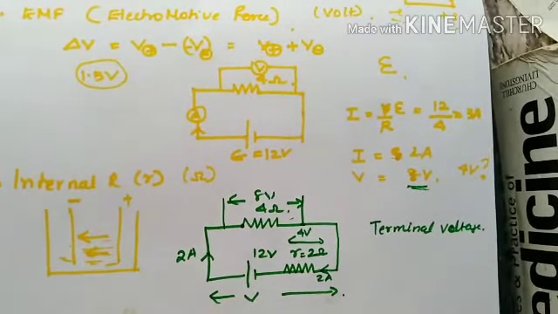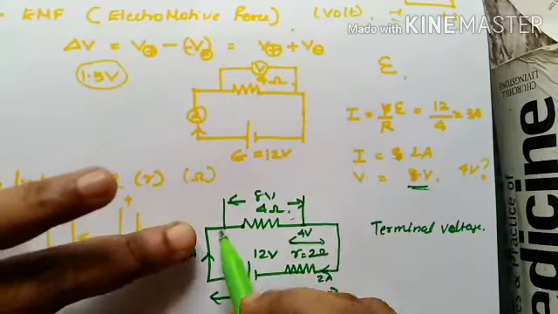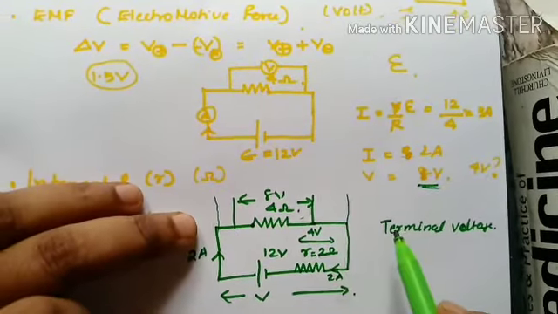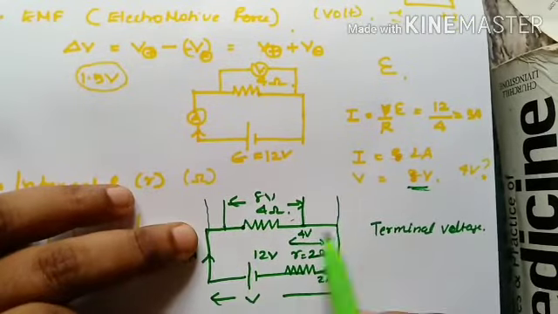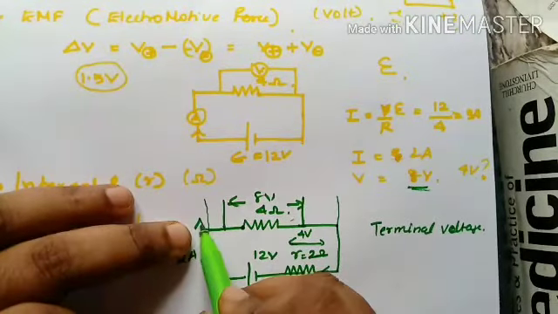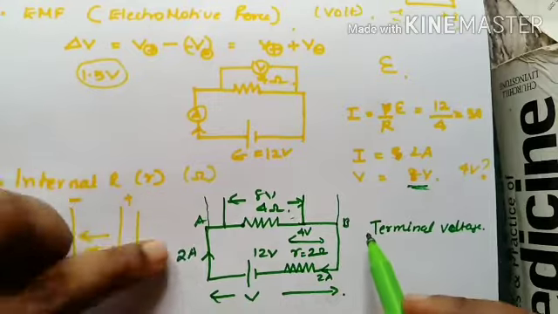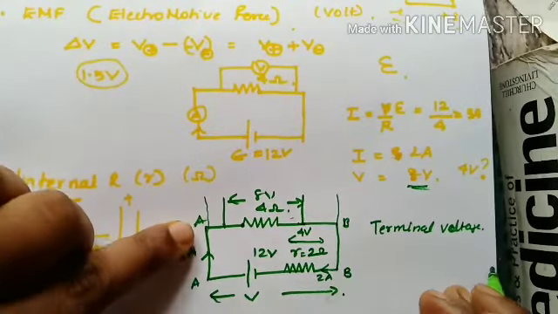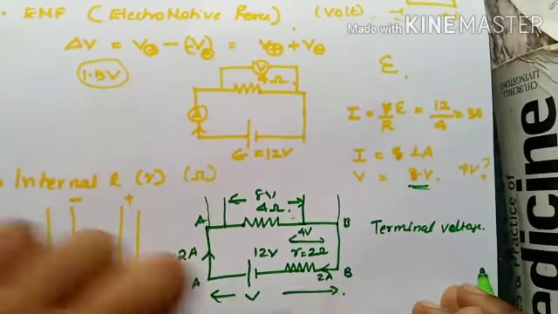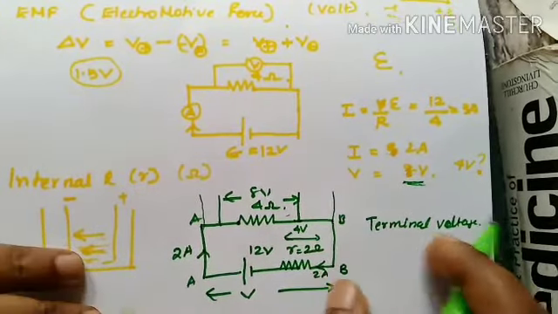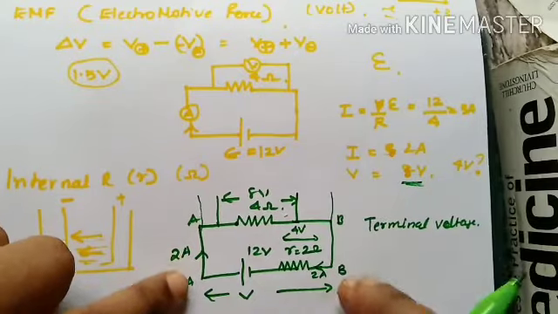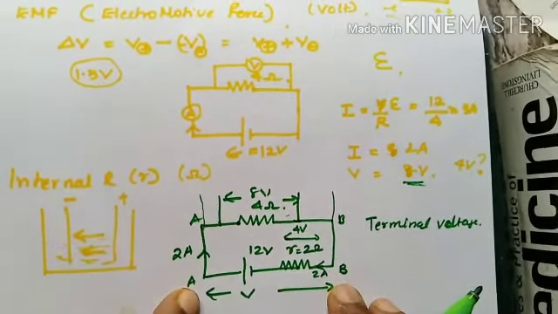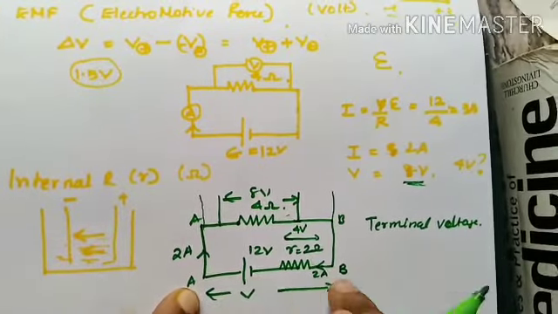So what is terminal voltage? It is a potential difference between two terminals. See, this 8 volt is actually between this terminal also, right? This point, this point, this point, this point is the same. So this A and this B. Now can I consider this point A as also B? Same, right? So let's see the definition of terminal voltage again. It is a potential difference between two terminals of a cell. A and B are the terminals of a cell.